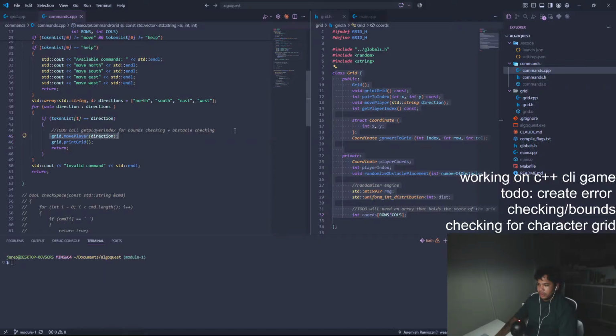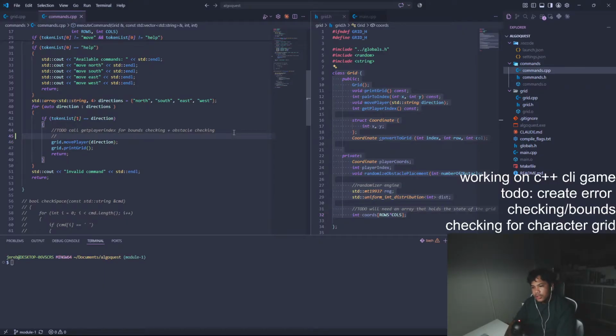So I'll just do this. I'll kind of write out the steps here. So check if we are going to check if player index